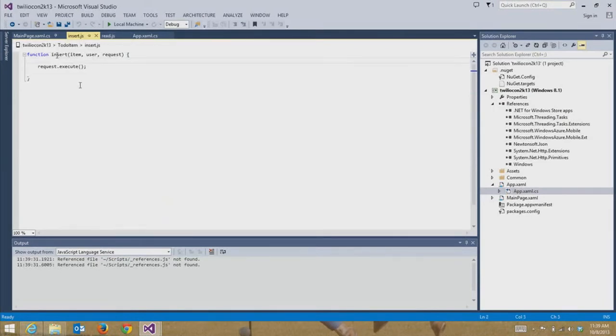Okay, so on insert, I'm going to say item.created equals new date. And this is all in JavaScript, even though you're within Visual Studio. Currently, mobile services only supports JavaScript on the server, but we'll be adding support for C# soon, and then that experience will be baked right into Visual Studio as well. So if I save this,